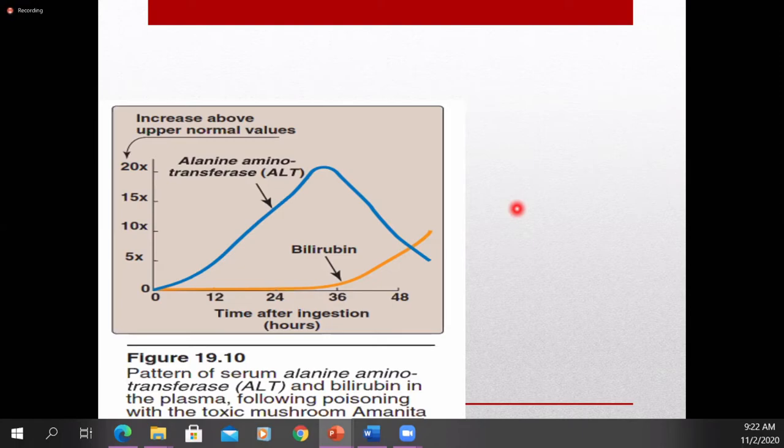So this is what we're going to have as a liver function test parameters. We will see an increase in the activity. وركز هنا على كلمه activity. Okay. Activity of the ALT enzyme. That's why it's much more specific, and that's why it's used as a specific marker. And after a while, we will see high concentration of bilirubin. Okay, after like 36 hours after the exposure